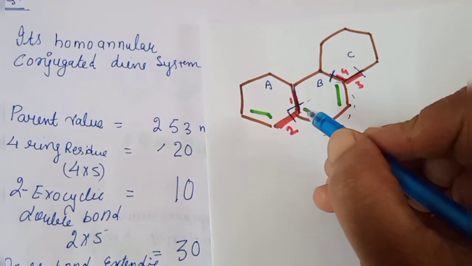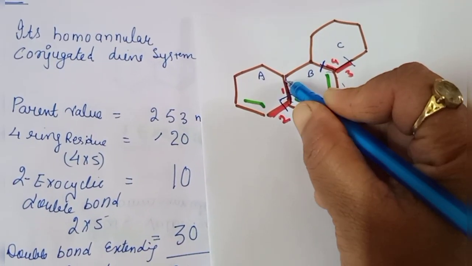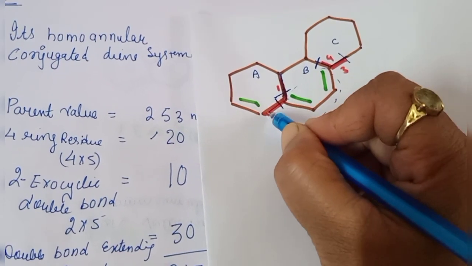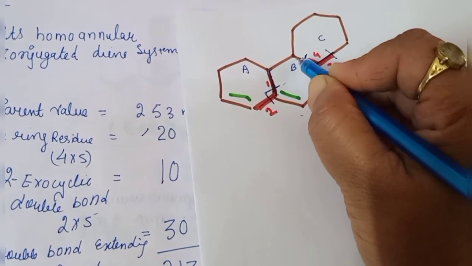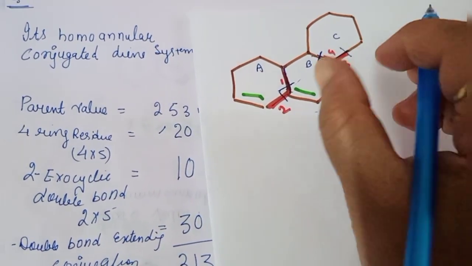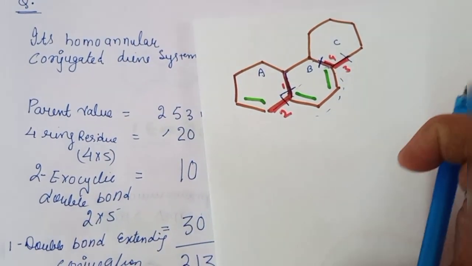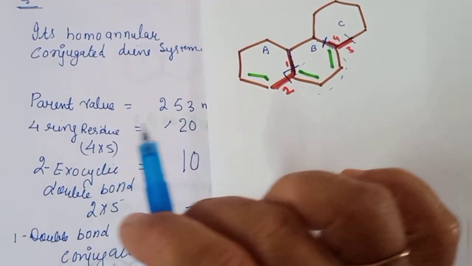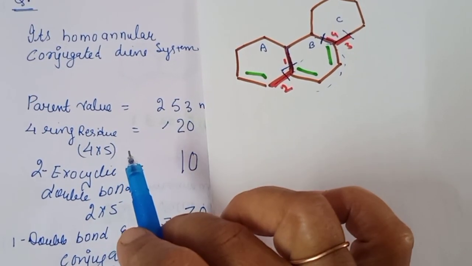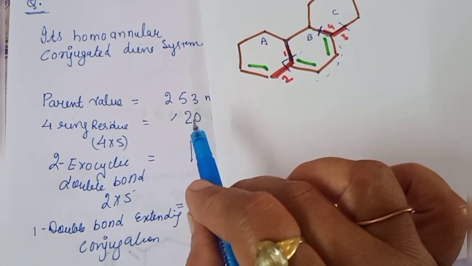Once again you can see. So this first part of the ring residue, second bond, and this third directly attached with your system, and this is the fourth part. Only we have to see how much parts are directly attached with the system are considered as a ring residue. So here we will take plus 5 for 1 ring residue. So 4 into 5, 20.